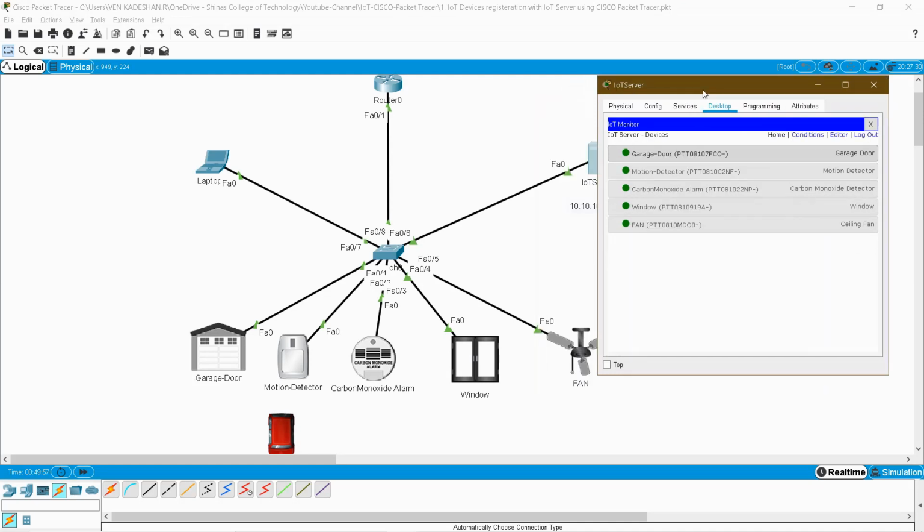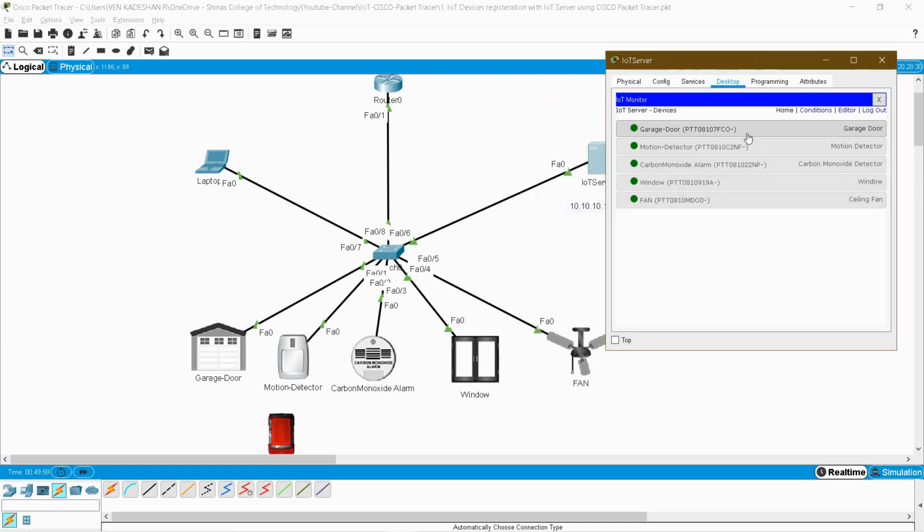For example, if I want to access my window, I can click the window here and it is in red color, which means the window is closed. So if I click this window, you can see the window opened, and if I click it again, the window closed. Like that, fan. For the fan, three operations are there. One is off, which is not running, and if you click low, you can see one circle, which is running at low speed, and if you click high, you can see two circles, which means running fast. Okay, and off. From your server you can access all these devices, and from your laptop also you can access.